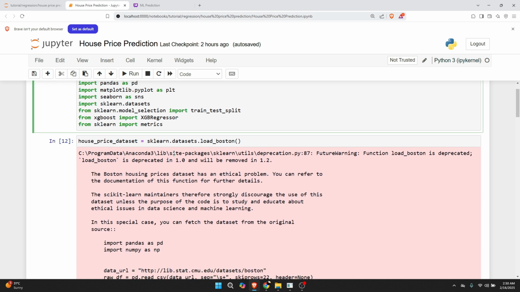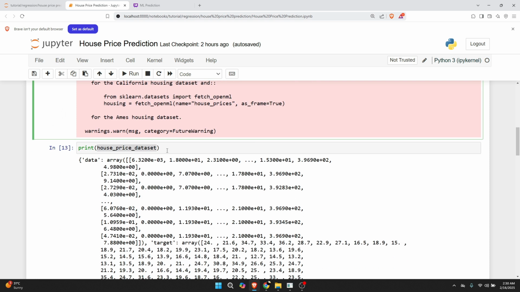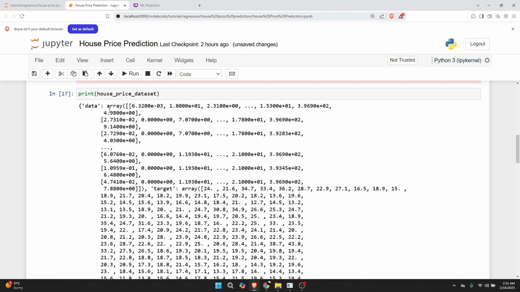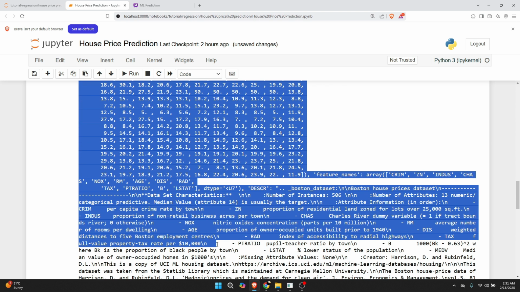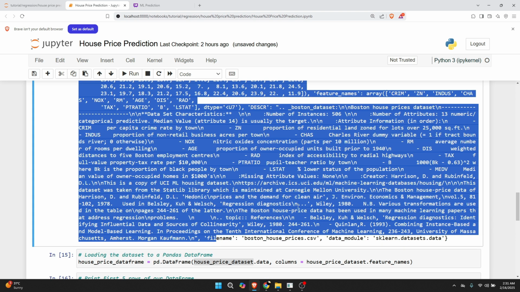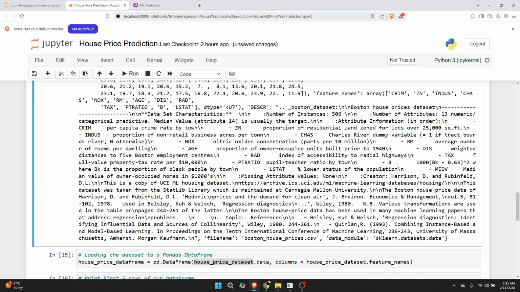So what I am doing now, I took a house_price_dataset, and from sklearn datasets I am loading the Boston price dataset over here. After that, I simply printed it using the print function. There is a lot of data coming over here in an array format. We do not need all of that data set. We may need some unique values from this data set that will be needed to predict the price for that